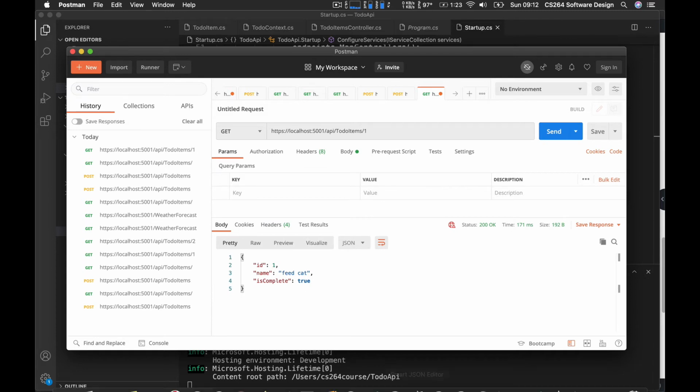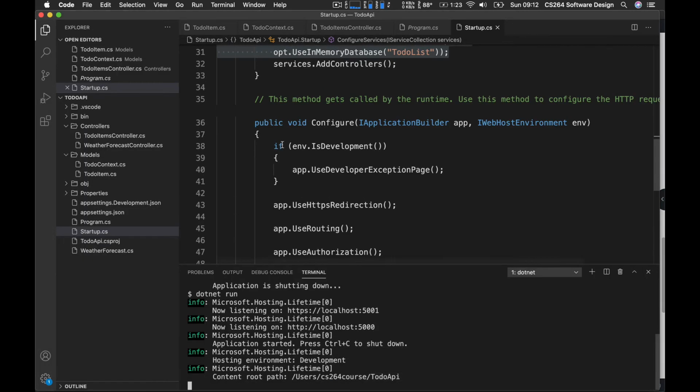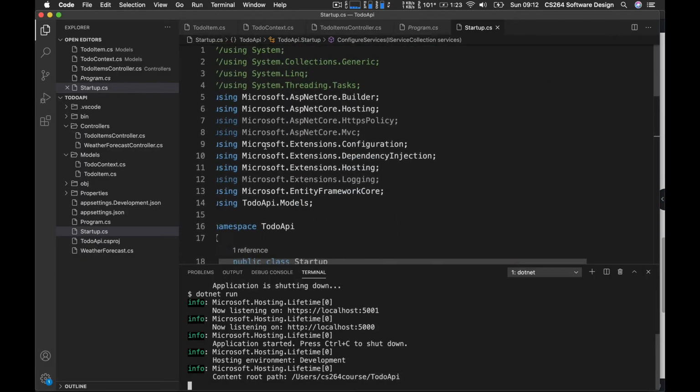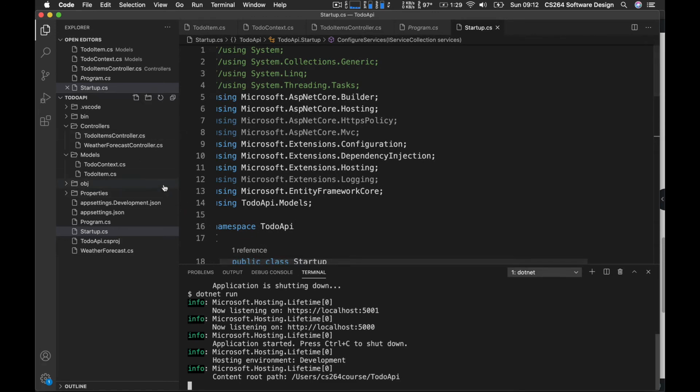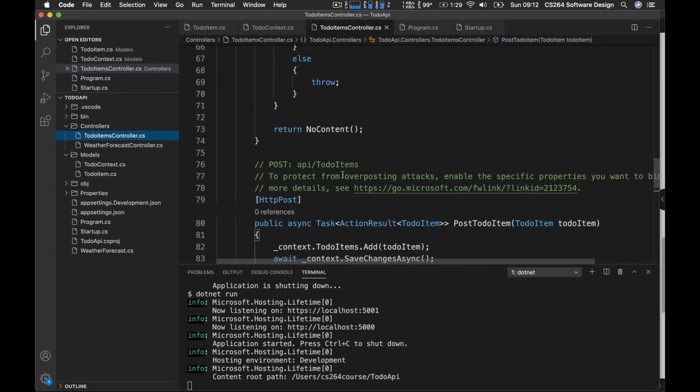So the web API works and functions almost exactly like the ones that you would have seen previously in CS230. So it's not too hard to get up and running with this. It works perfectly. Again, you'll have to add a controller for the to-do items, and I added that. You can see the various controllers are here. Here's the post